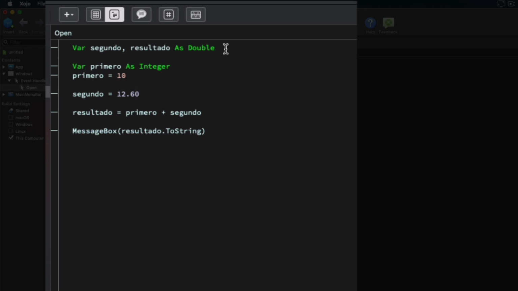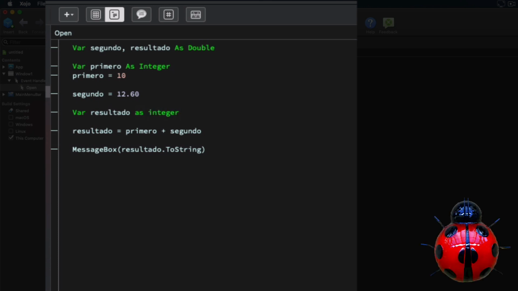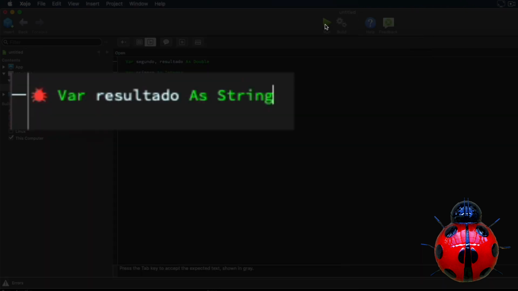And the thing we can't do under any circumstance is declare the same variable again using another data type, or try to declare a new variable using an already used variable name. For example, we declared the second and result variables, and I try to declare a new variable again using the result name, changing the data type to integer, or even to make it more clear, let's say that result is a string variable. If I try to run the app, we can see how the Xojo IDE shows us an